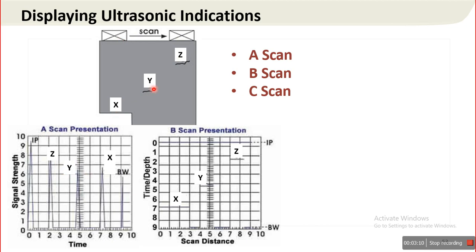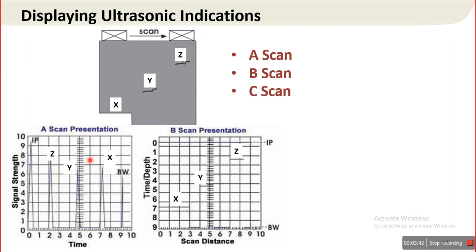There are 2 flaws present inside the component, and one is an extreme end. This X can be treated as this subsurface extreme end. This Y can be represented as an internal defect, and this Z represents the defect or discontinuity which is very near to the upper surface. So this is the scenario of this component.